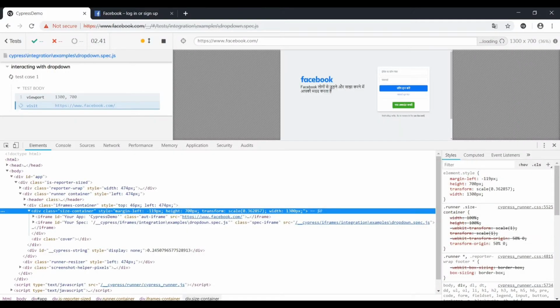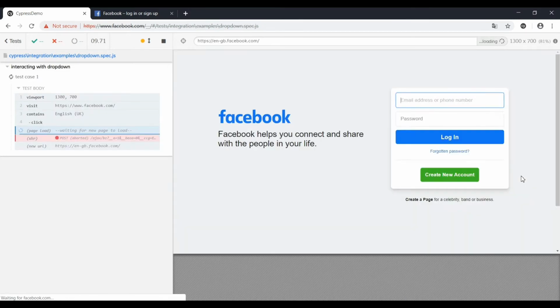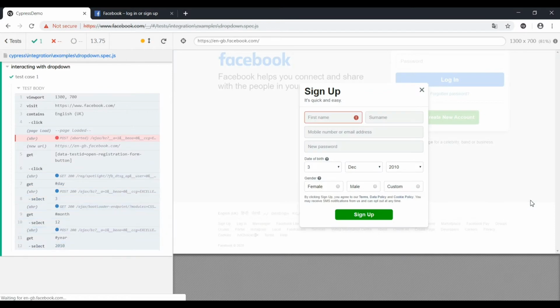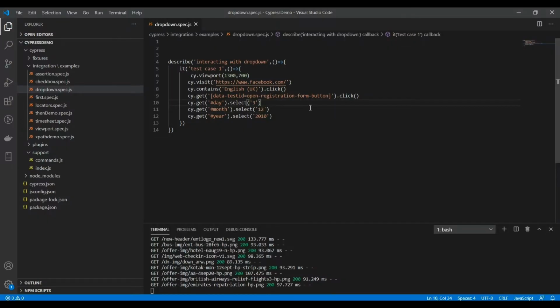So let's see. The website is loaded. Clicked on the create new button, create new account, and it selected 3rd December 2010. You can see we pass the value, then it is also working, and we pass the actual text, then also it is working.